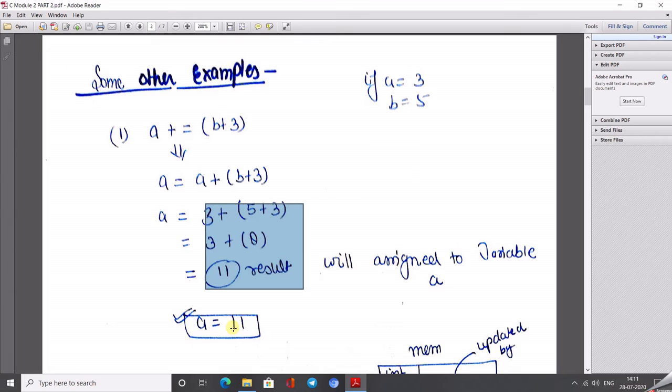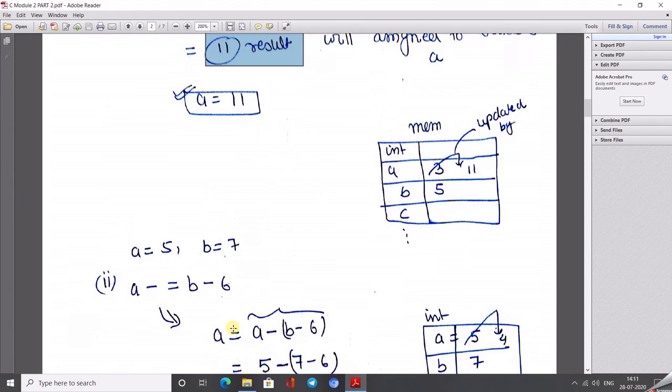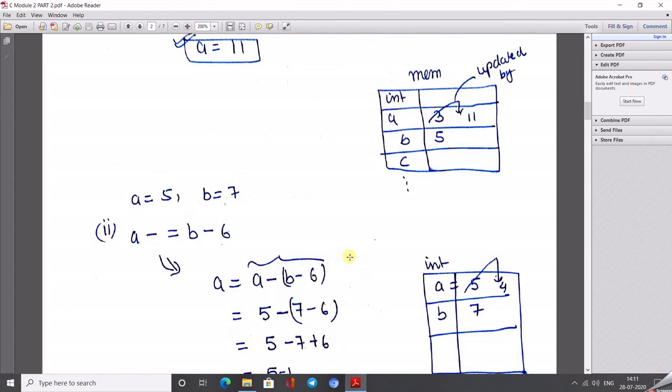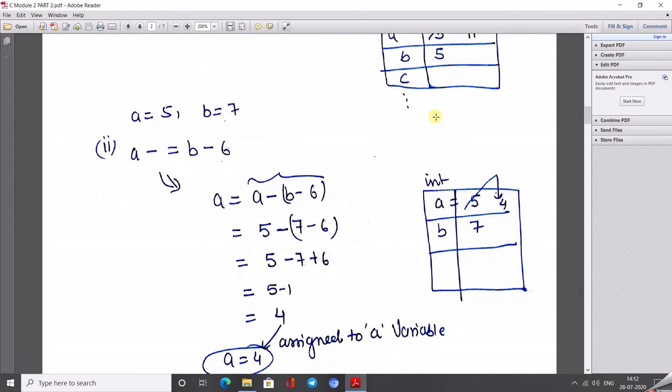This is the important part, because now the value 3 of a will be lost from memory, overwritten by the value 11. Let me show you how the value changes in memory. If a, b, c are of type integer and first a is 3, b is 5, the value of a will now be 11. If I want the previous value, I can't call it because in memory it has been overwritten.